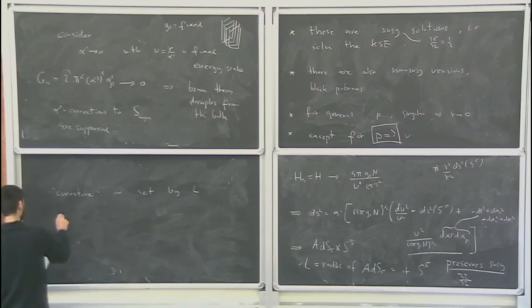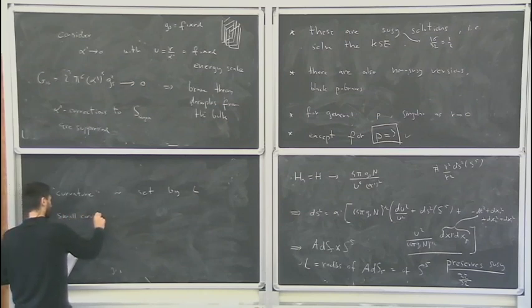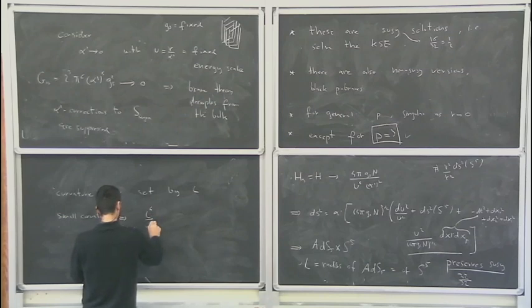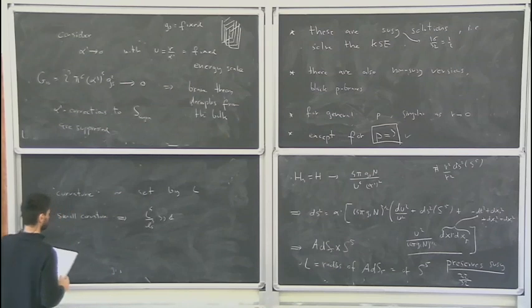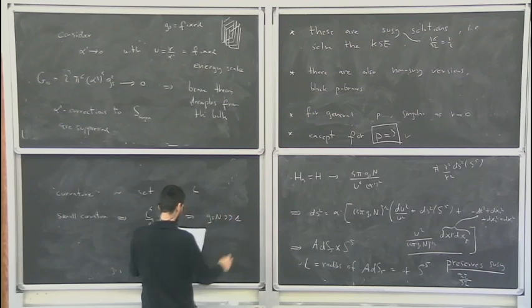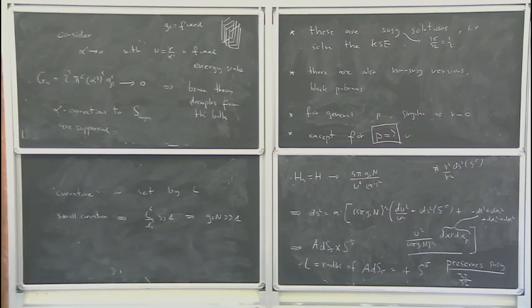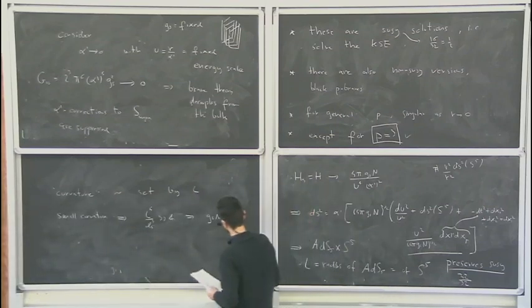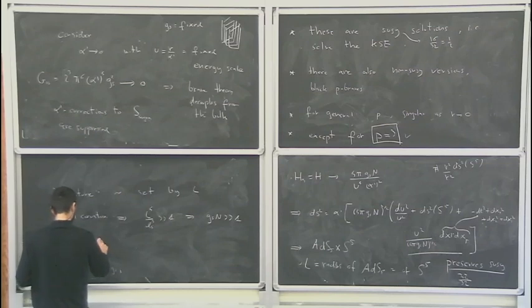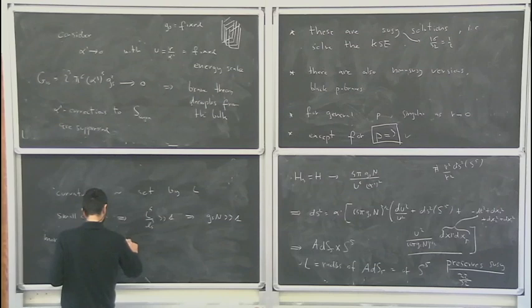And if we want small curvature, we see that we have to take the following dimensionless parameter to be large. Which, if you follow through the previous discussion, means that g_s n has to be also large. Okay. So in order to trust the supergravity approximation, this is in a sense equivalent to the limit that we have already taken, that alpha prime goes to 0. We have to take this limit here. Moreover, on top of this, to suppress string loop corrections,